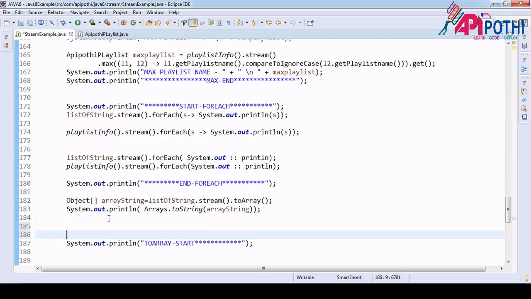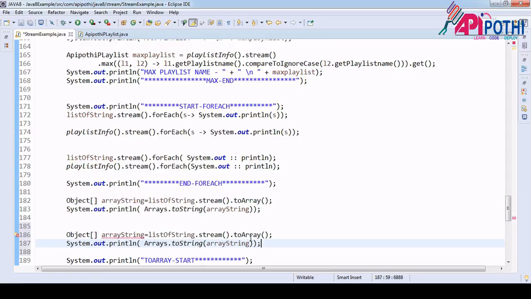The second way is that since this returns an object, you can restrict it here itself, that which kind of data you need to return. Suppose you want to return string type data, right? So copy the same, and instead of toArray you need to create the string type array. How will you create a string type array? You use new, that's all. And now you need to save into the string, so you can do the typecast here itself.